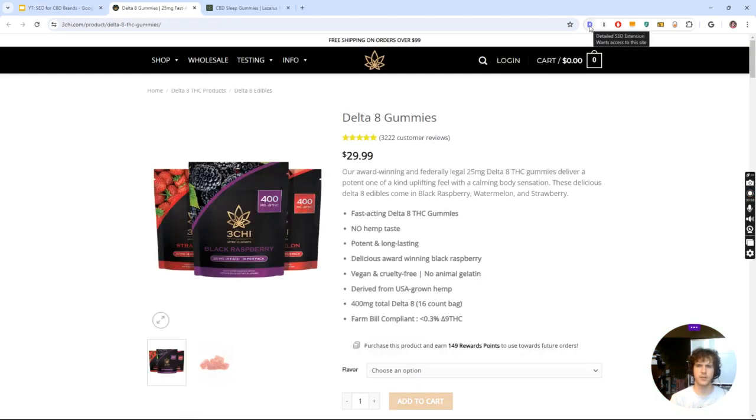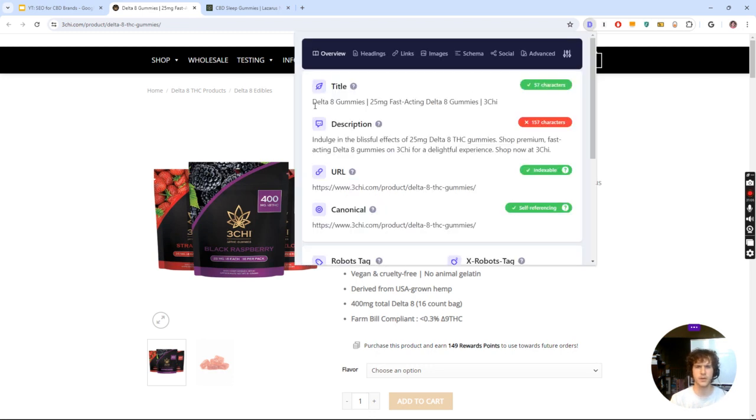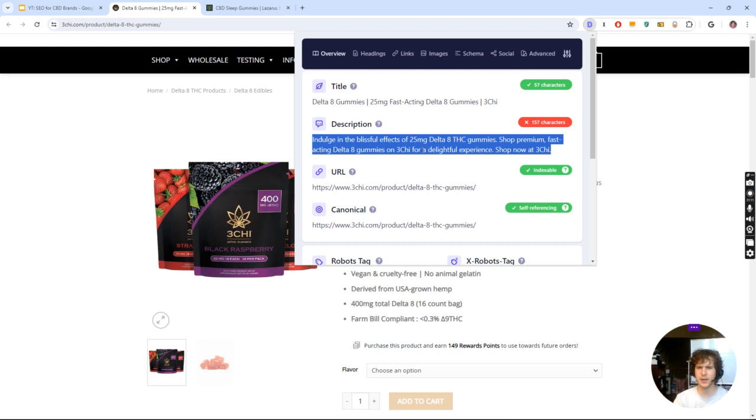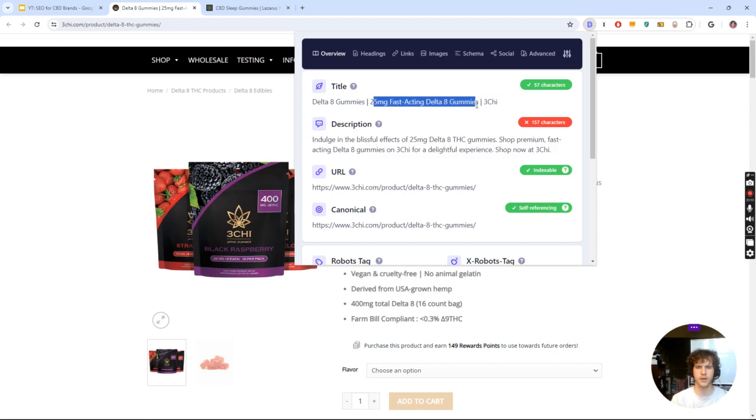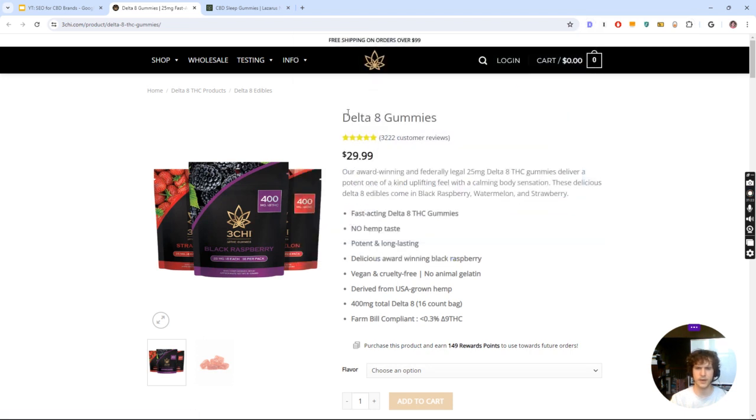So using this extension I have up here, which is called Detailed, we can see their title tag and their meta description. So title right here, and description. And the keyword for this page is 25 milligram Delta 8 gummies. They have that kind of right here, and also right here. It's not an exact match, but it's pretty close. And then right here, they have Delta 8 gummies as the product title, and then they have a good description